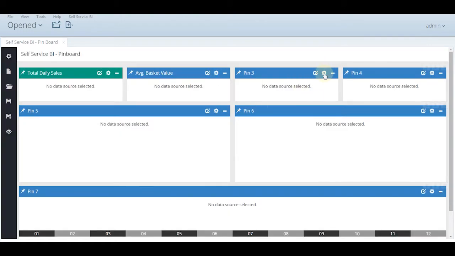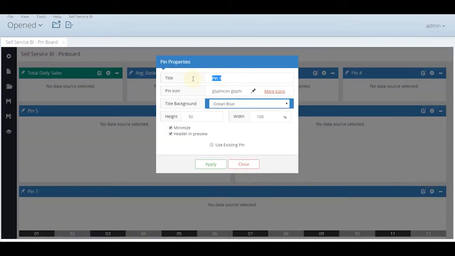Pin number 3 is the average basket size. Again, you can keep changing the colors here.